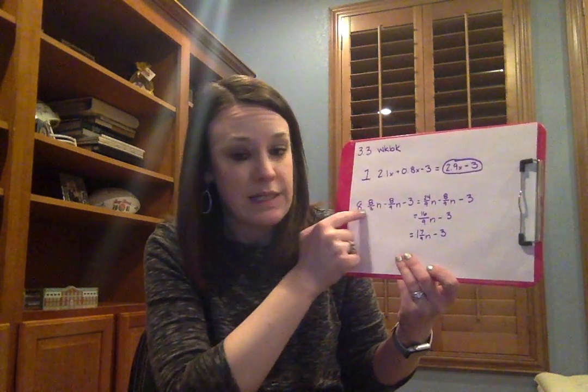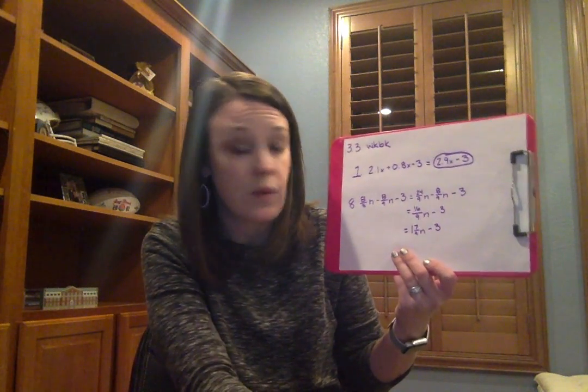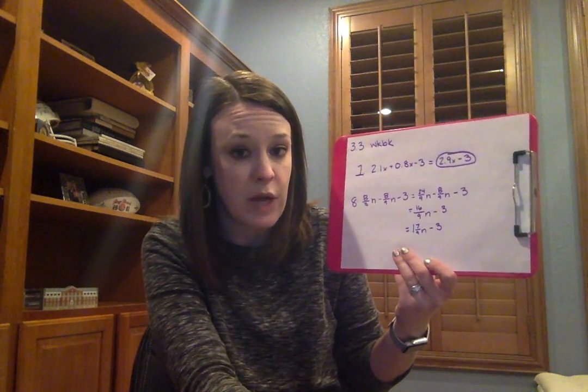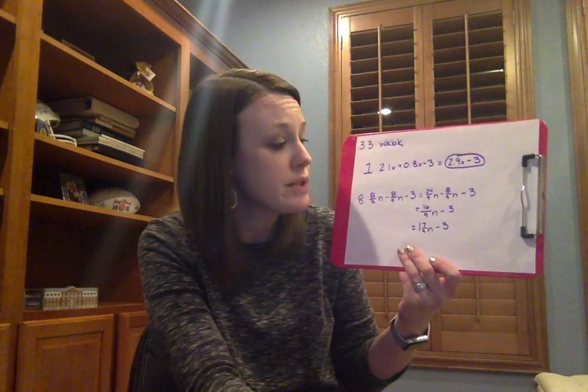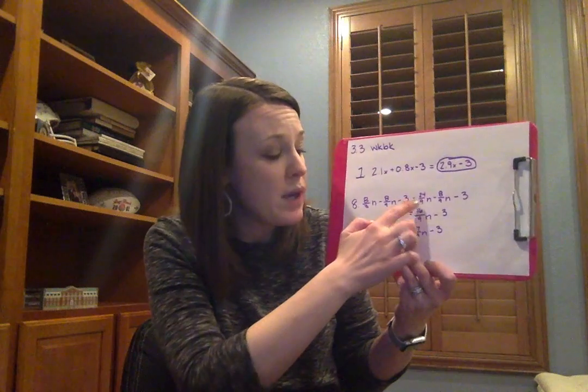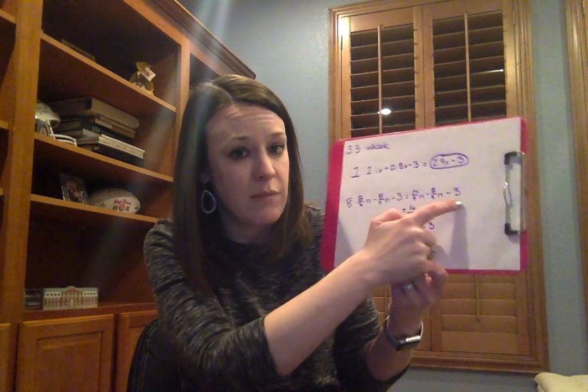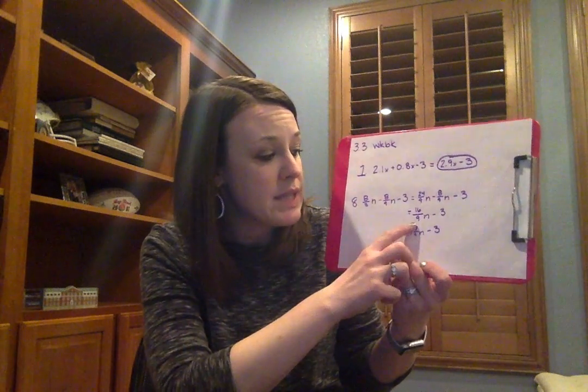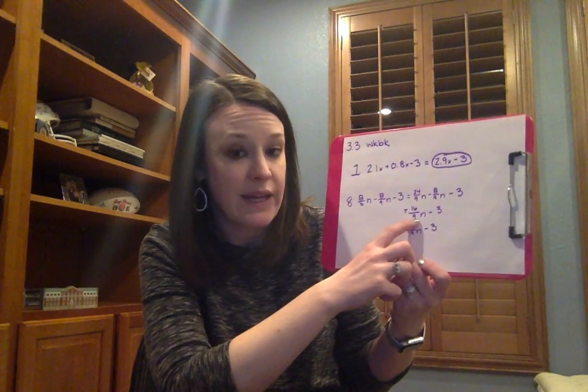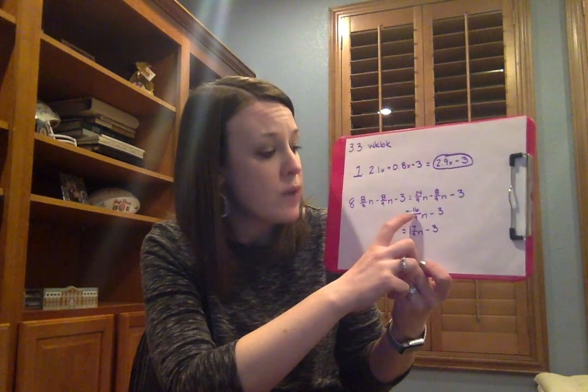We know that we need to get like denominators so that we can then do the subtraction because that's how we subtract fractions. So I turned it into 24/9 n minus 8/9 n minus 3. I was then able to combine the like terms, the variable terms. So I got